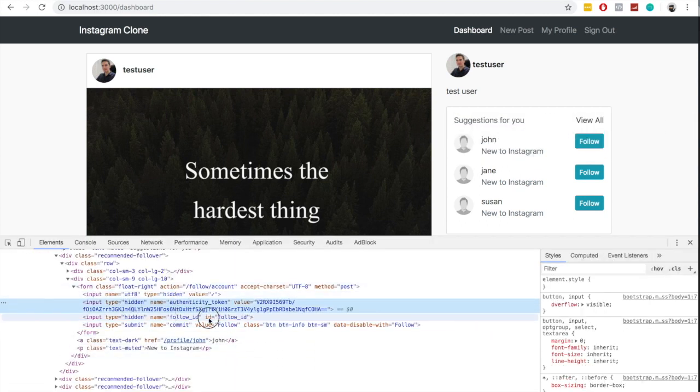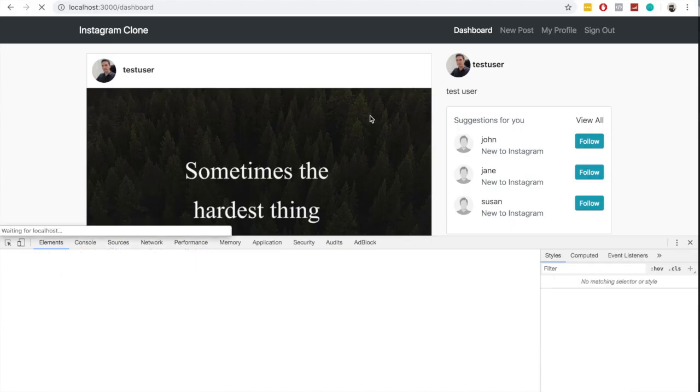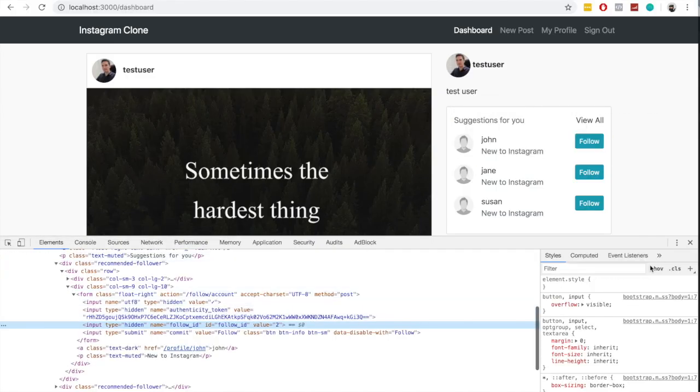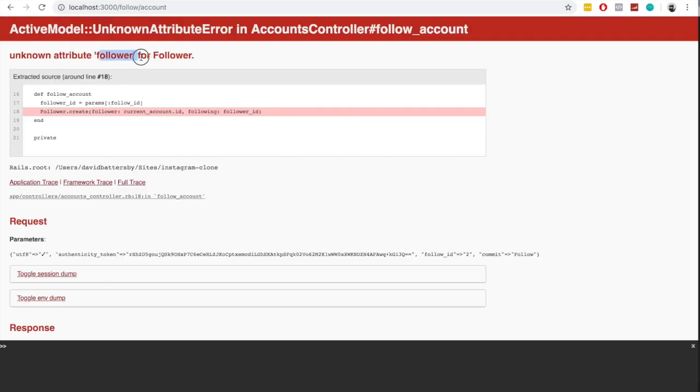So one thing to notice here is we're missing the value for the follow ID. So that needs to be the ID of that account that we want to follow. So let's add that right now. And now that has been set, so let's give this a try. And now we are seeing an issue with this